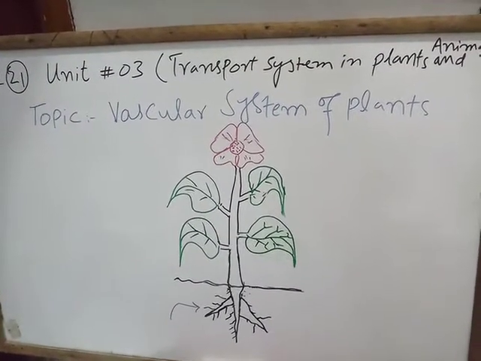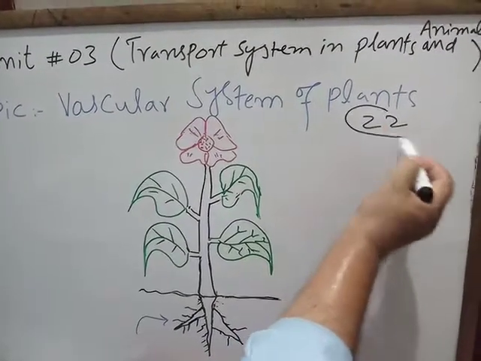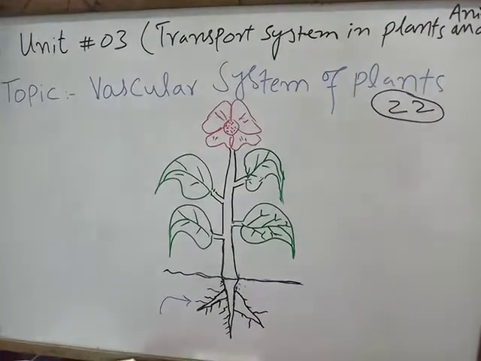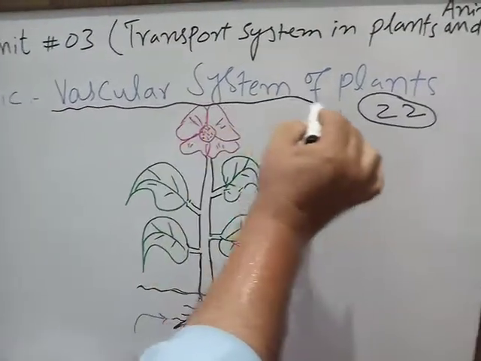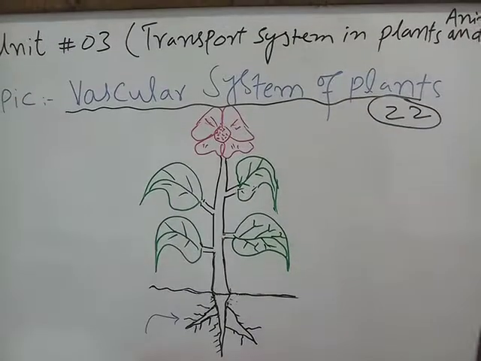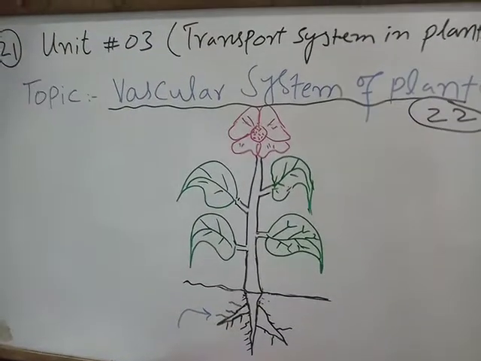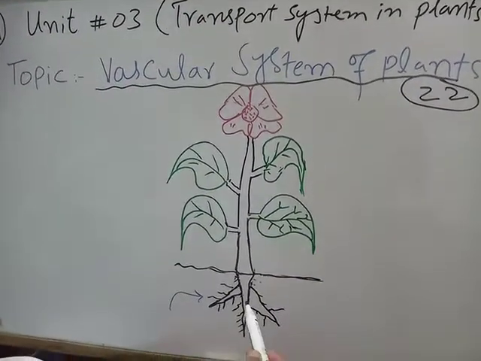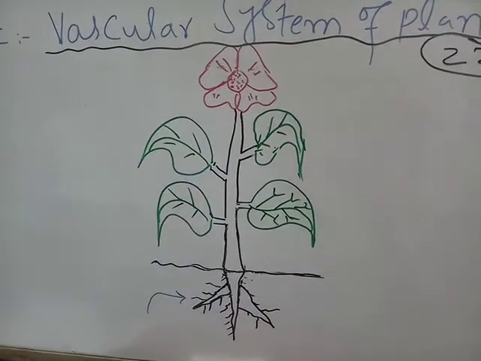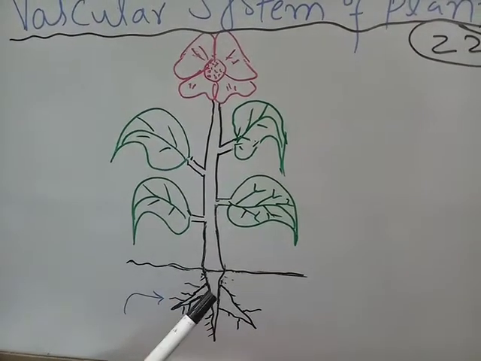Dear students, now if you come to the top of page number 22, there is a topic, vascular system of plants. So my topic is the vascular system of plants. Remember that substances mean water and minerals. The substances, the materials in plants, move from roots into the stem up to the leaves, flowers, and apexes, wherever they are utilized. So all these materials in plants move from one part of the plant to another part of the plant